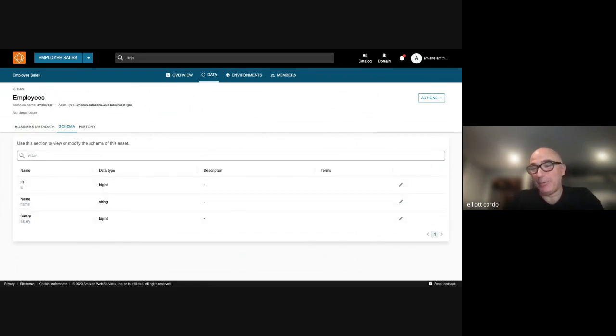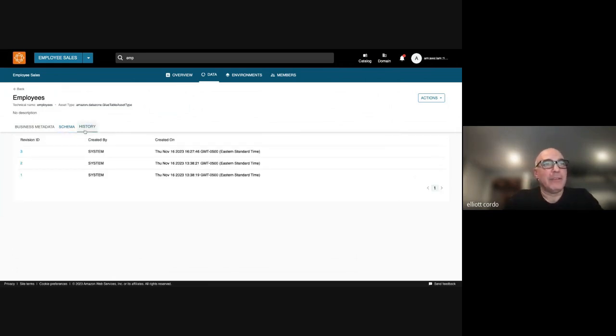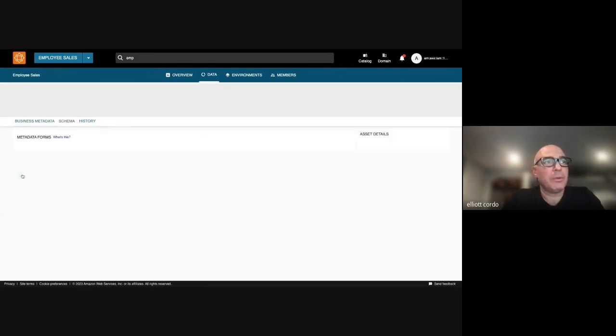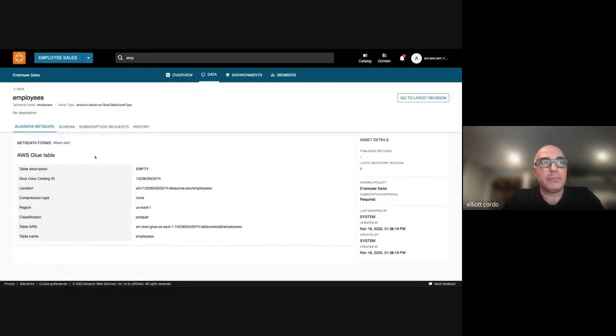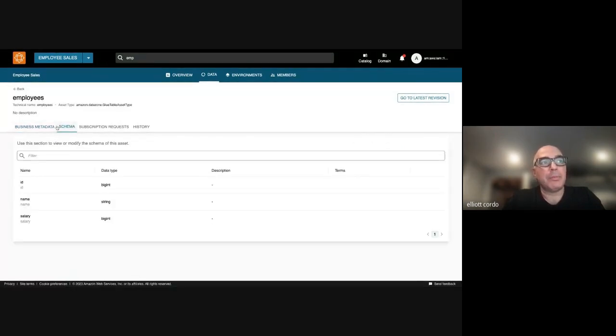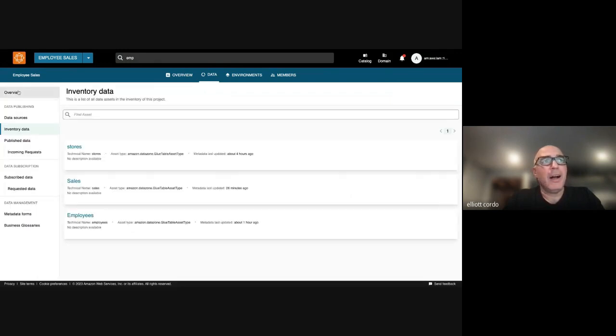Maybe that was a little bit of generative AI that it could pick up. And it gives you a kind of history of the data source, which actually is not very useful. I guess if I come in here, okay, you can get back to previous schemas, I guess. But anyway, this is what my inventory looks like.